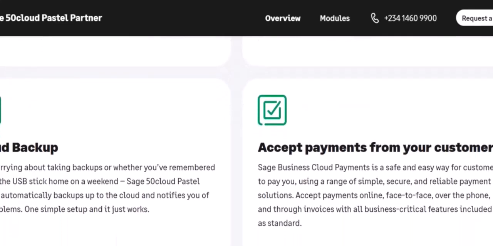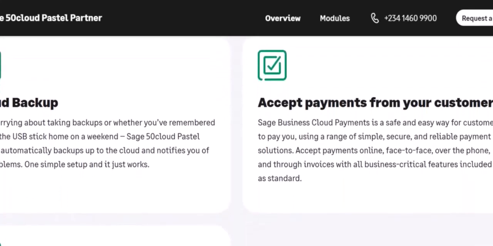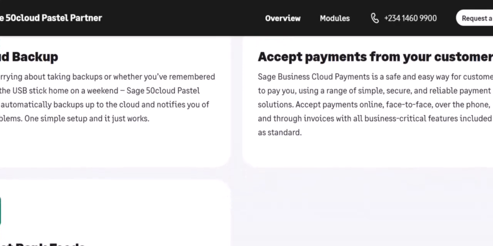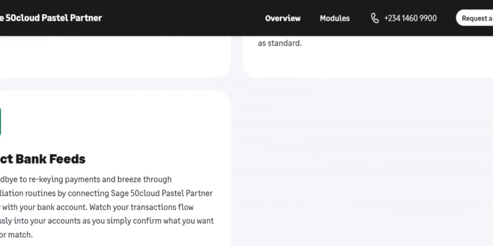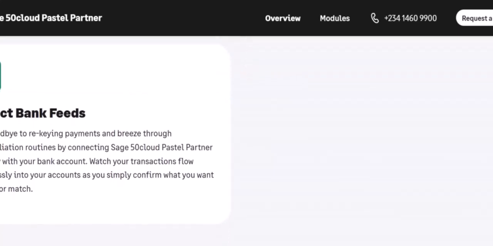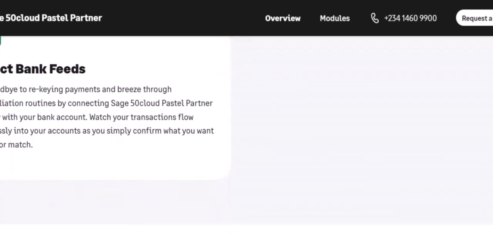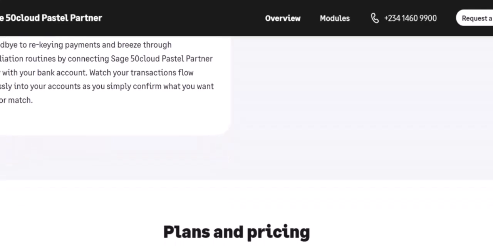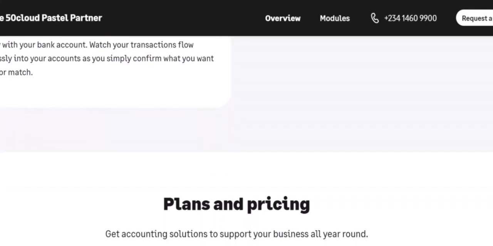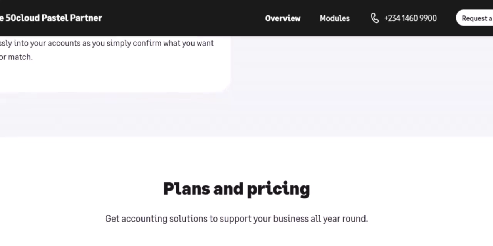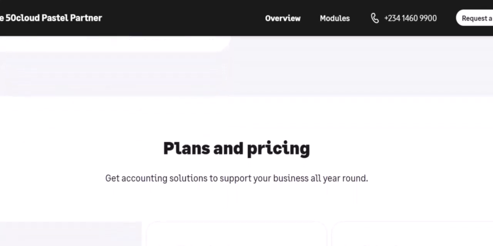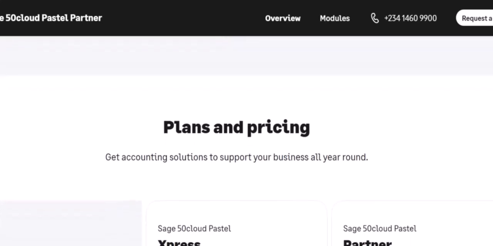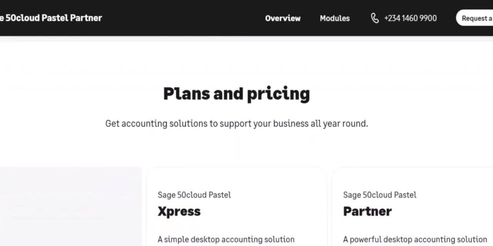Sage Intacct, acquired by the Sage Group, is primarily a cloud-native accounting and financial management platform. Its core strength lies in providing sophisticated financial functionalities, including general ledger, accounts payable and receivable, cash management, order management, purchasing, and robust reporting and analytics. It's designed with a focus on mid-sized, high-growth businesses that require advanced financial capabilities and the flexibility of a cloud-based